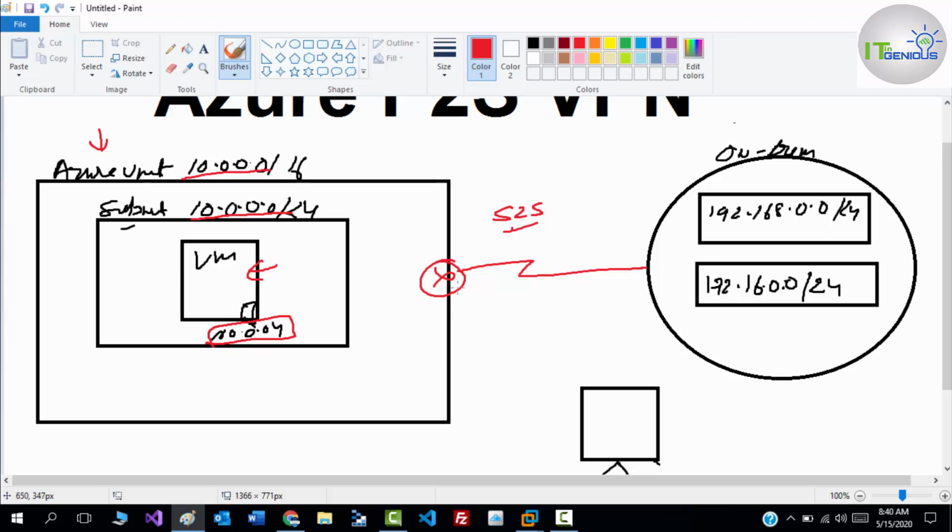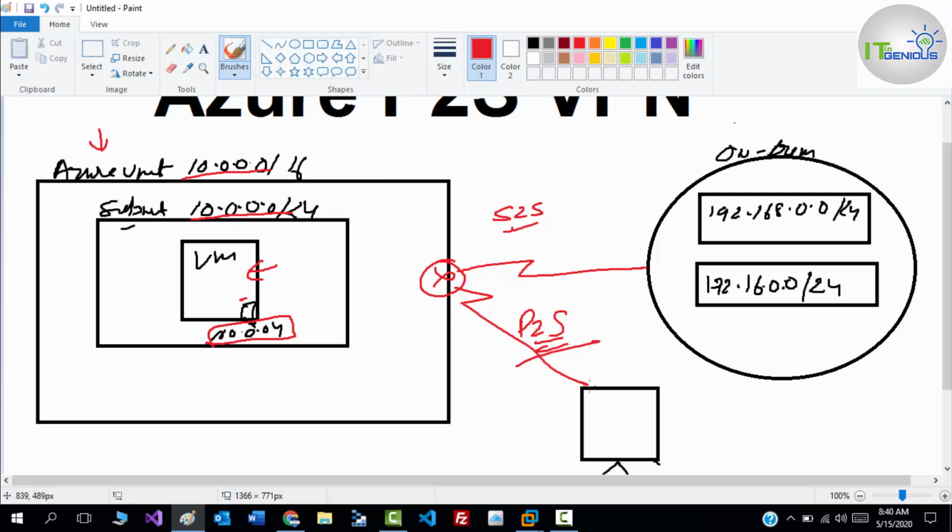Or, if we need to create a connection for our user who is working from home and who requires network access to the Azure VNet on his desktop or laptop, then you can create a point to site VPN connection. So he would be able to access the Azure network on his system, and his system would be able to communicate with this VM through the Azure point to site connection. That lab I'm going to show you.